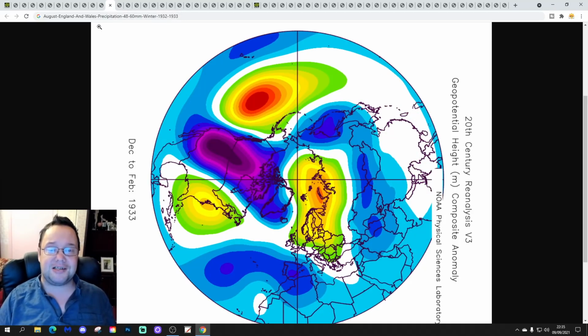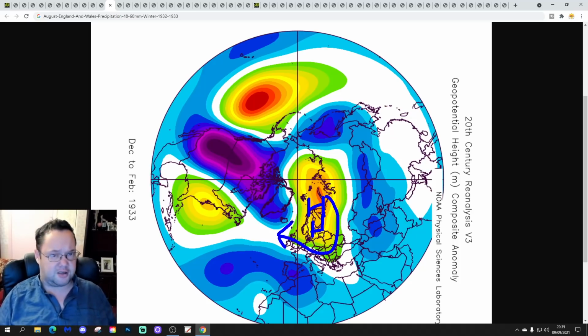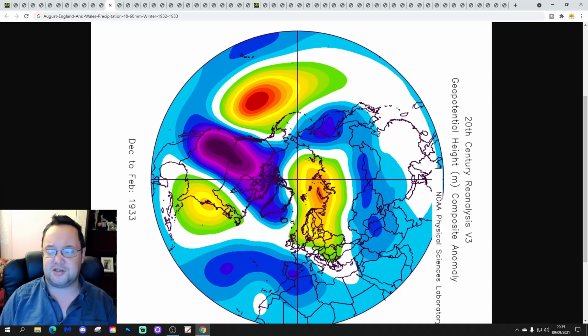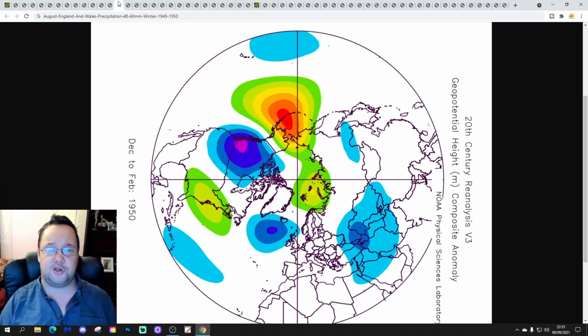And then we've got 1932-1933. This is quite a coldish winter with high pressure sitting to our east. It's a dry winter as well. It's in the middle of a prolonged dry period that we have in the early 1930s. So quite a cold but dry winter with that. Well, not severely cold, you know, but it's a little bit cooler, particularly for the era.